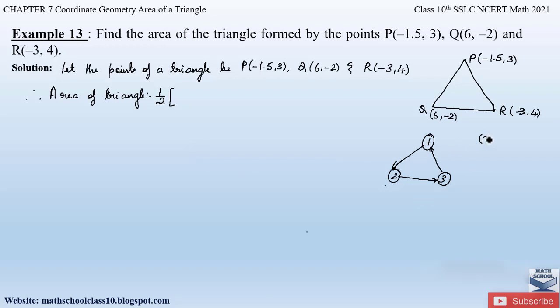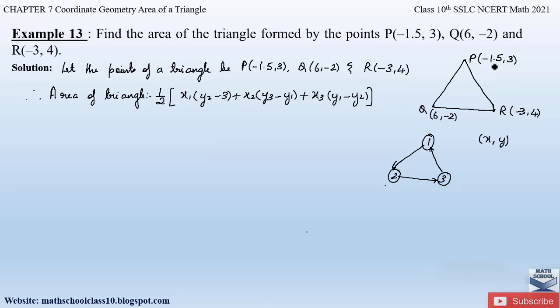Since a point is denoted by x, y, we will take the x variable first. So we will take x1, and the number after 1 is 2, so in brackets we will take the y variable as y2 minus y3. Similarly, plus we will take now x2. What is the number after 2? It is 3. So in the brackets y3 minus y1, plus the last one, x3 into, after 3 we have number 1, so in the brackets y1 minus y2. So this is how we write the formula for the area of a triangle.